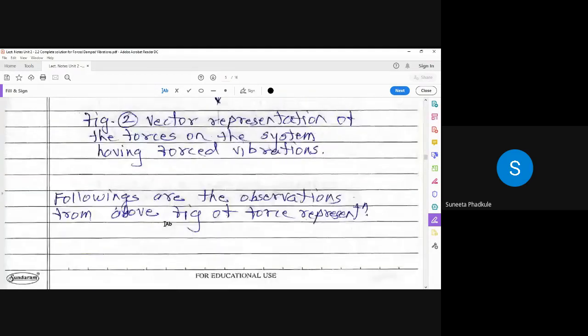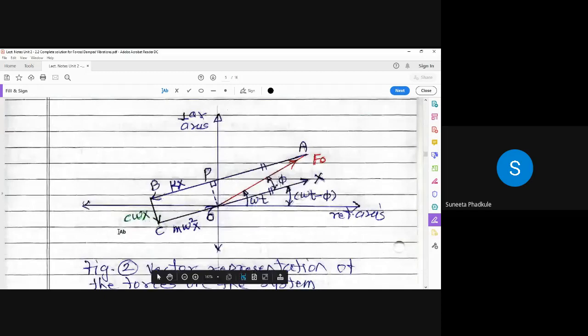Now, you naturally may ask that the directions are different, no? This external excitation is acting in this direction, spring force in this direction, damping force in this direction, inertia force in this direction. But suppose you take a diesel engine, a vertical cylinder with a vertical piston. In which direction are the vibrations taking place? Can you tell me? Put in the chat box, anybody. If it is a vertical engine, say a 6-cylinder diesel engine, in which direction are vibrations taking place?